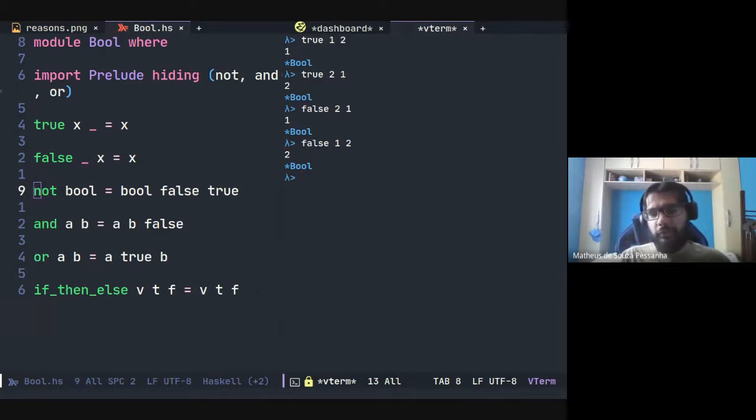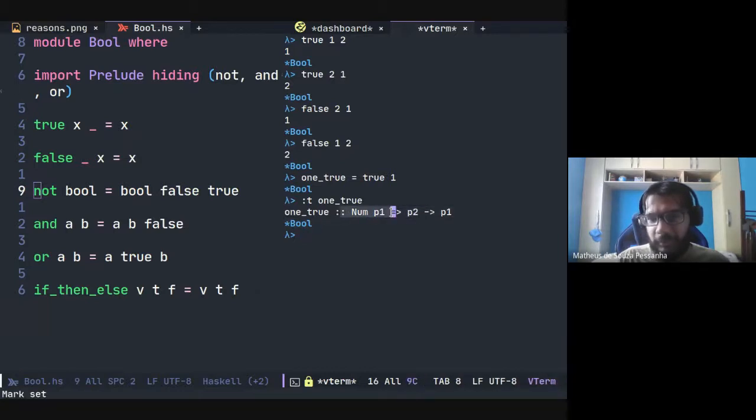And another cool feature of Haskell is that all functions are curried by default. So we can apply true to one with only one argument. And if you try to see the type of this partial application, it receives one argument and returns the first one.